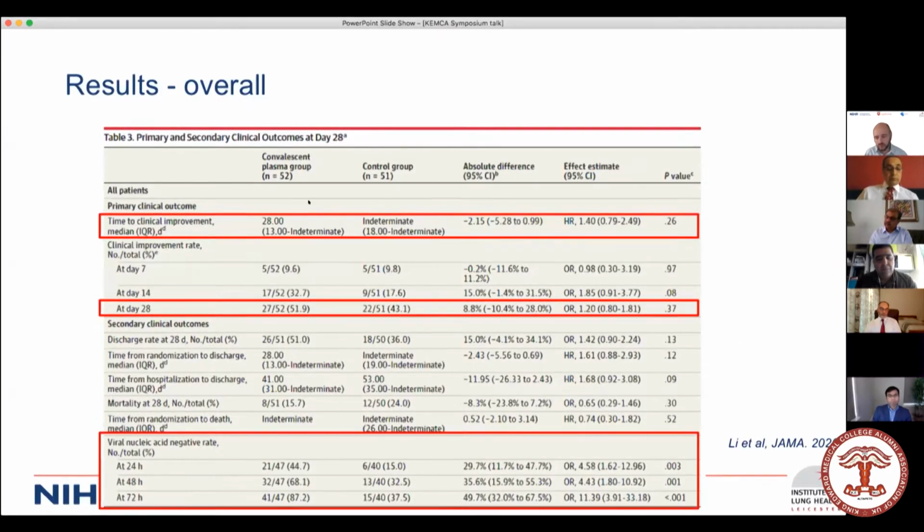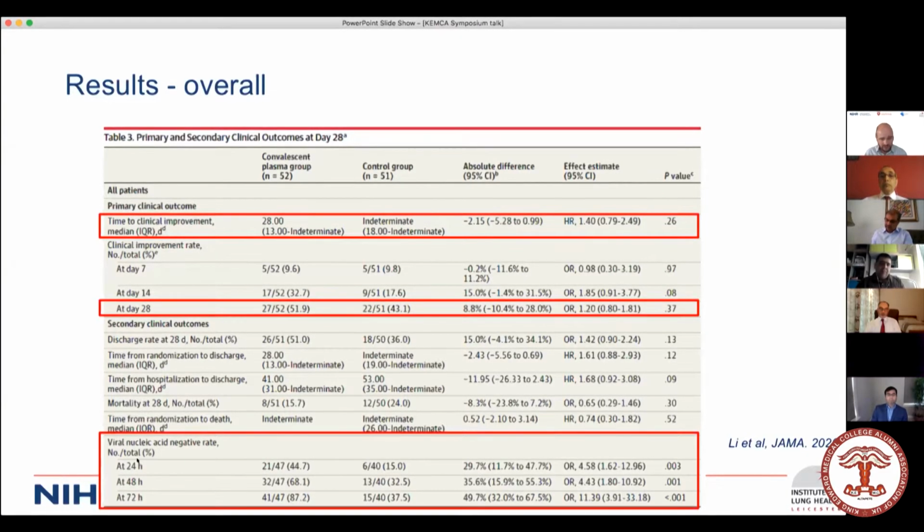So this was a trial done in China. It had initially planned to recruit 200 patients. Both fortunately and unfortunately, by the time they got to recruit 100 people, there was no more positive COVID in Wuhan. So they actually had to stop the study when they'd only recruited half the patients because they ran out of patients. And as a result of that, we're a little bit lost in lack of power.